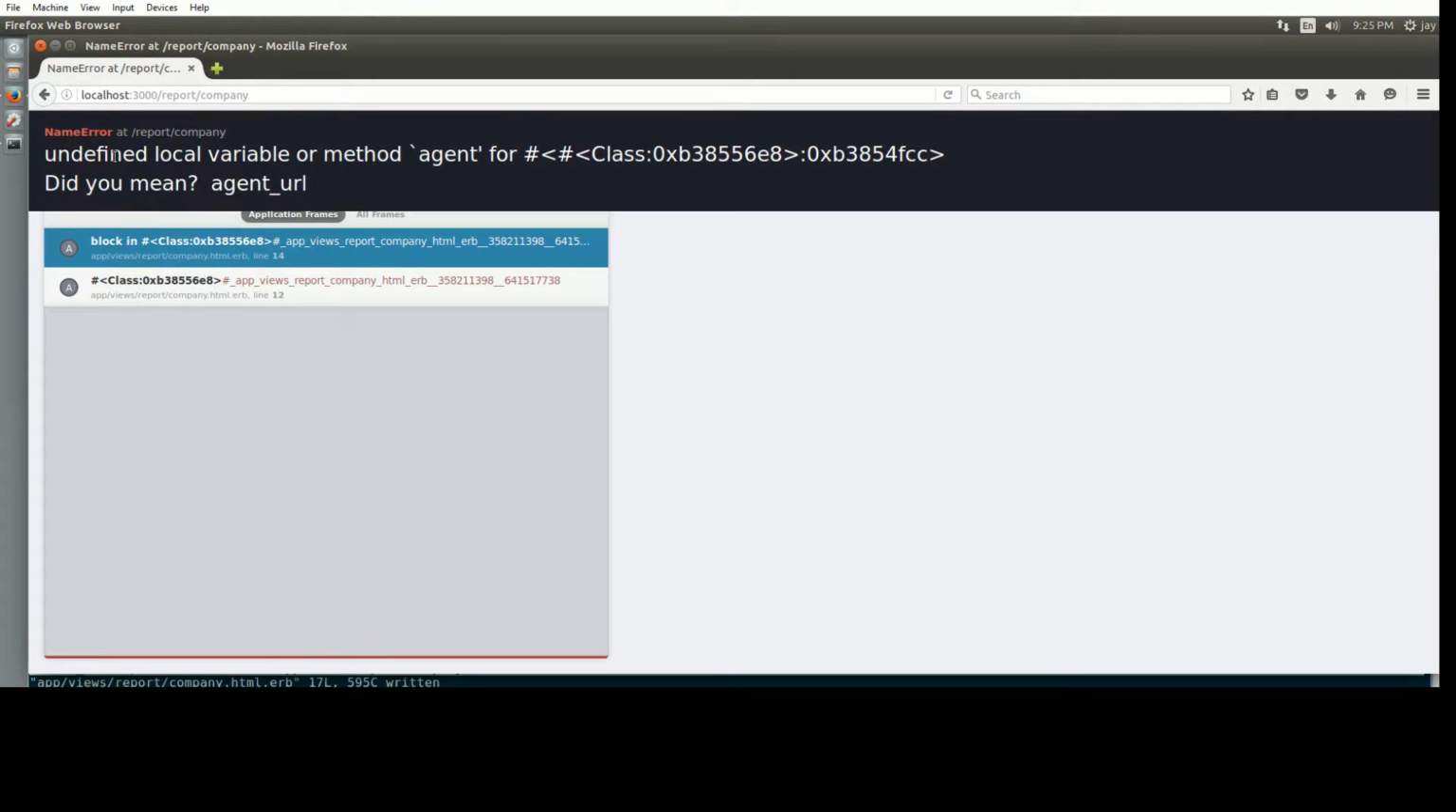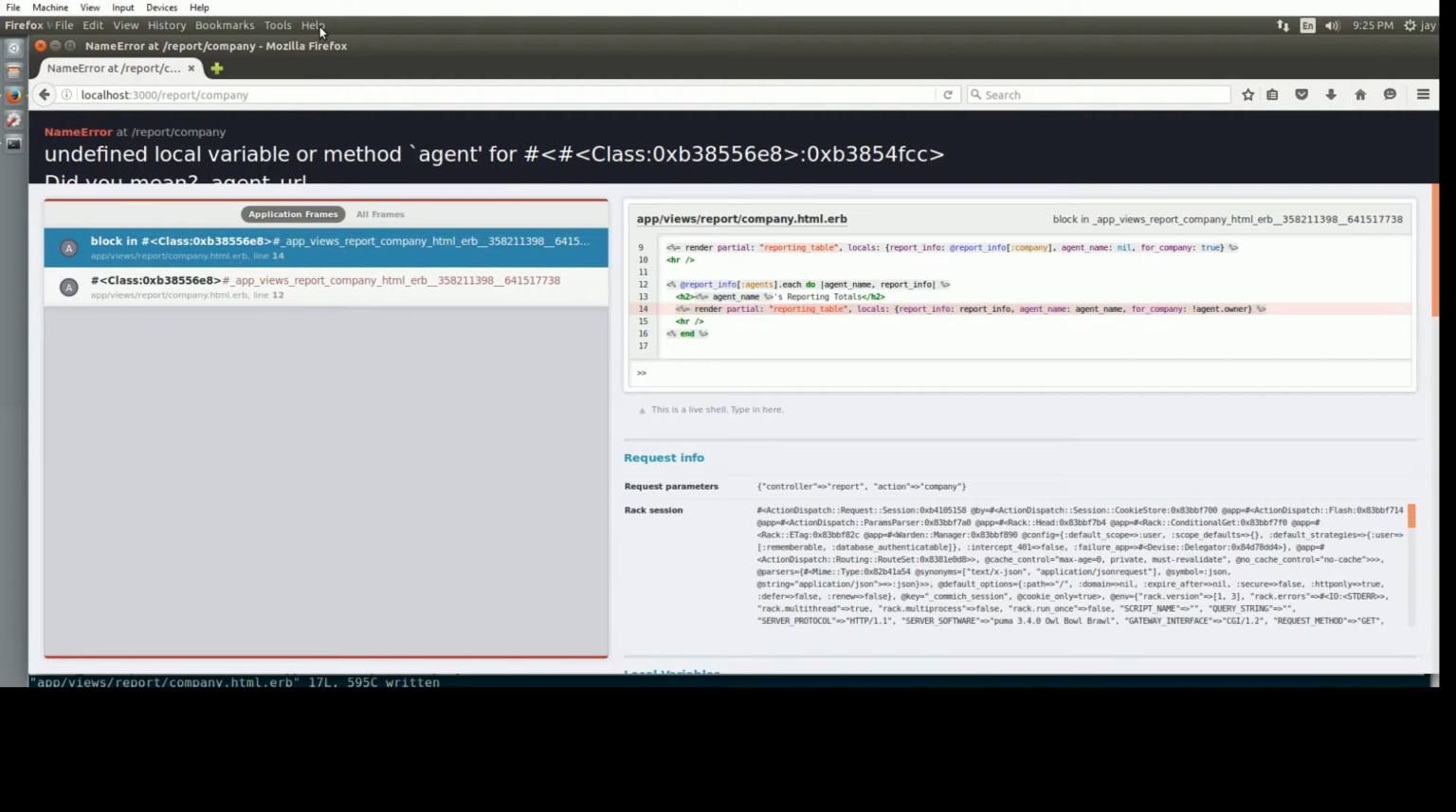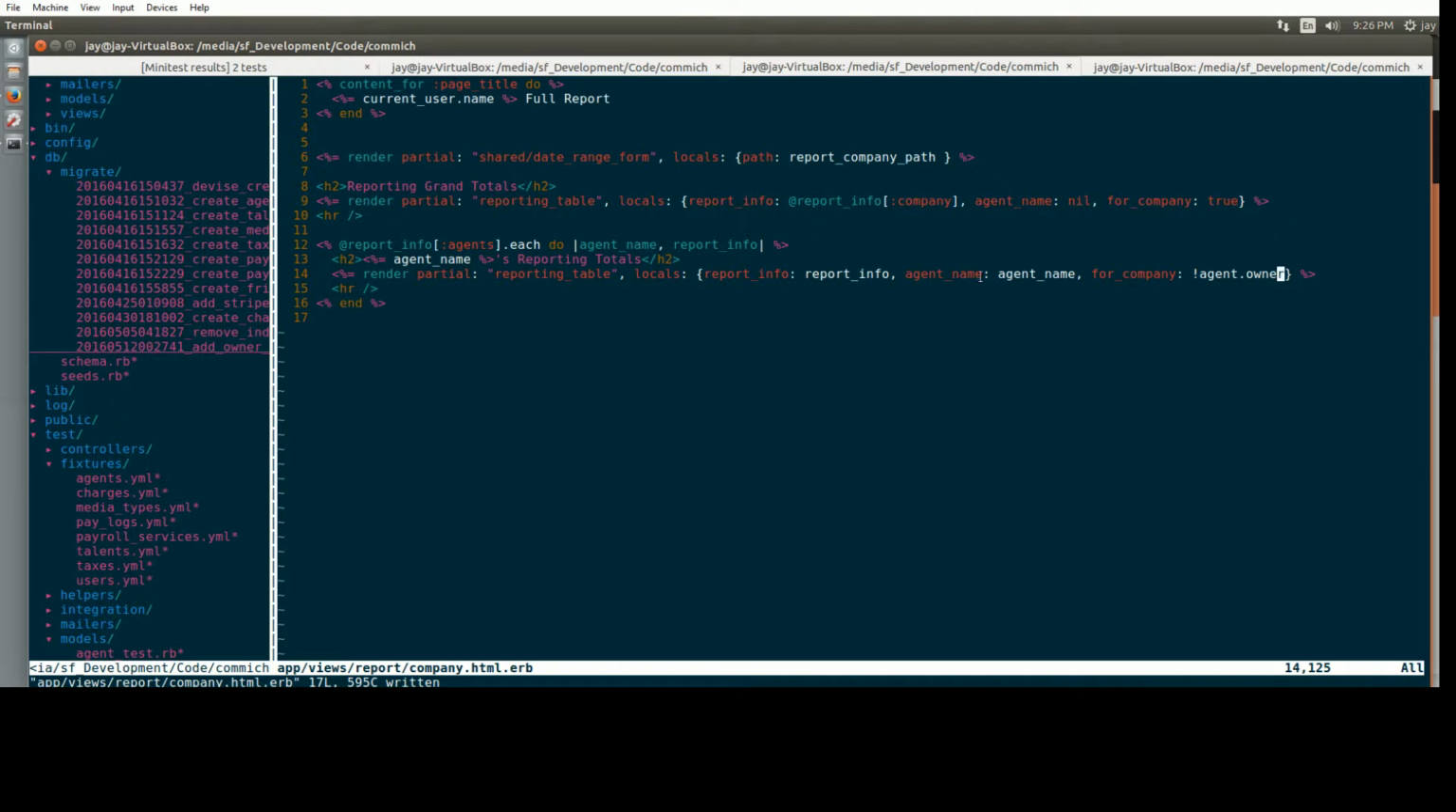No, namespace agent. Local agent. Does it not have that? I thought we were calling an agent every time. Agent, oh, agent name. Oh, shoot. Well, I could maybe do this. This is another tricky thing. So we could do report info